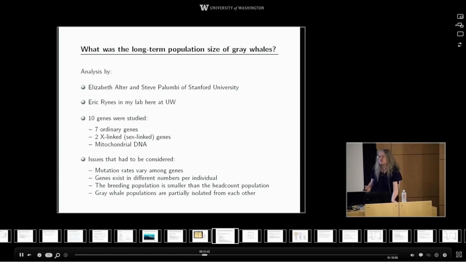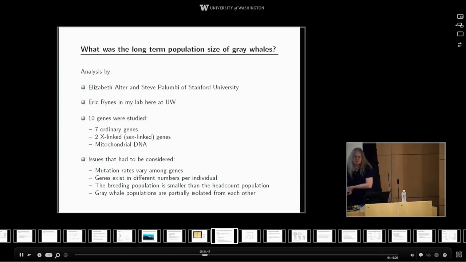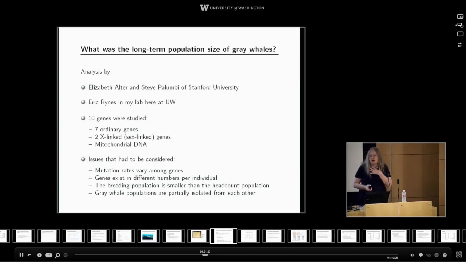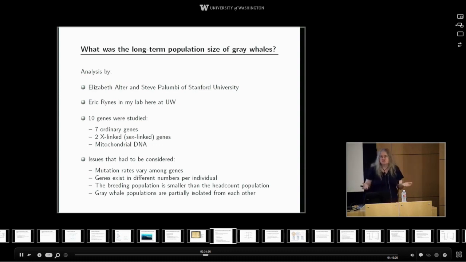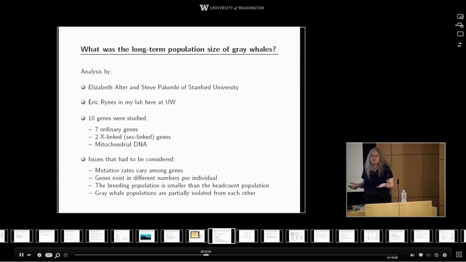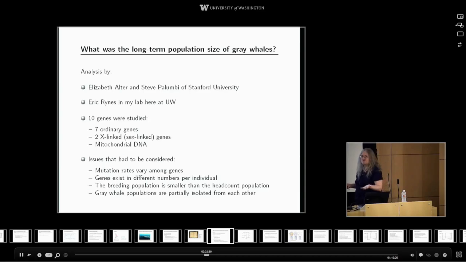Different genes may have different mutation rates, and that's going to have to be calibrated. These genes exist in different numbers per individual. I have 2 copies of most of my genes. I'm a female, so I also have 2 copies of my X-linked genes, but the males in the audience have only 1 copy of each of those. So the total number of copies floating around in the population is a little lower. And then the mitochondrial genes, I essentially transmit only one copy to my offspring, and males don't transmit any copies at all. So the population size is effectively quite a bit smaller for those genes. And those things have to be calibrated.